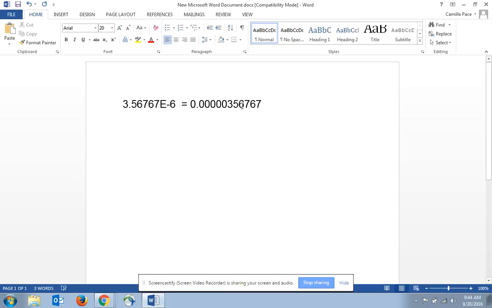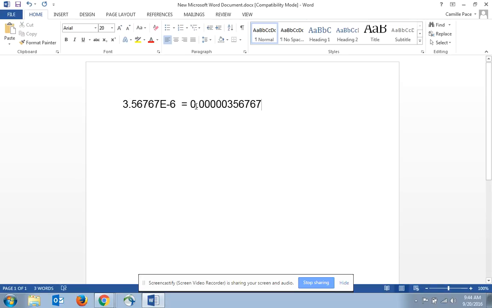One thing that you might be seeing in the calculator is if you do a scenario and you get a number like this, 3.56767 e to the negative 6. Okay, remember a probability cannot be greater than 1. So if you put 3.56, you would get the question wrong. What this means is